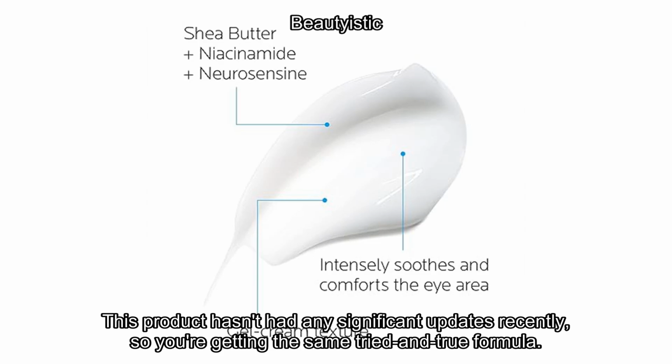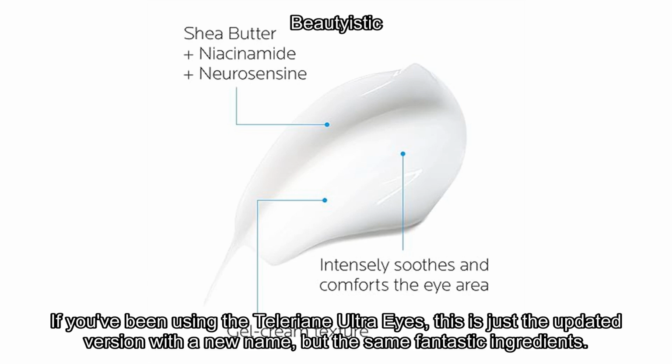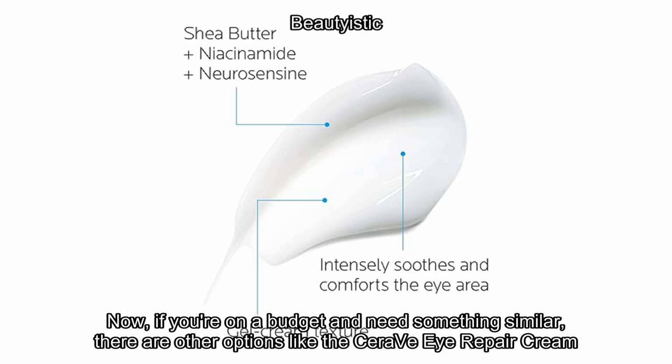This product hasn't had any significant updates recently, so you're getting the same tried and true formula. If you've been using the Toleriane Ultra Eyes, this is just the updated version with a new name, but the same fantastic ingredients. Now, if you're on a budget and need something similar, there are other options like the CeraVe